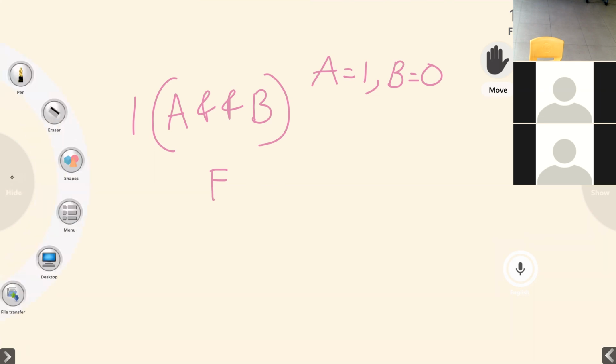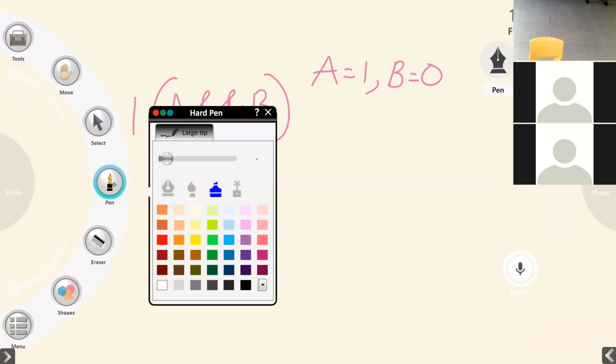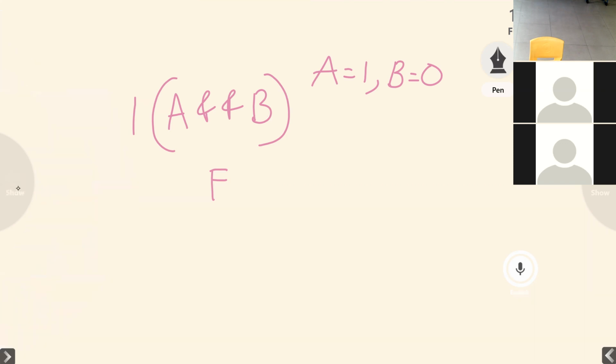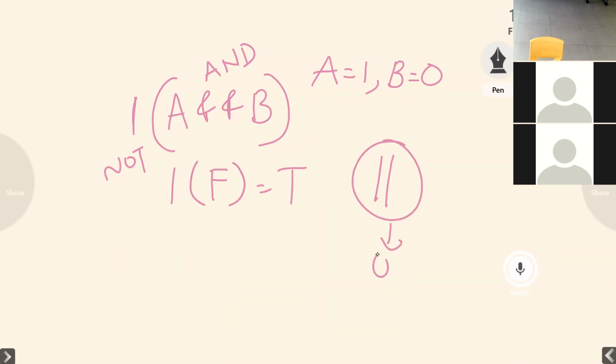I told you that right now this is only the introduction to C language you are having. This much in detail you are not having right now. Just basics you can understand. This makes it true. So this is AND, and what is OR? Two standing lines. This is the OR operator. Logical OR, logical AND, logical NOT.